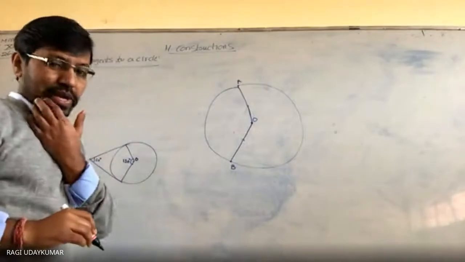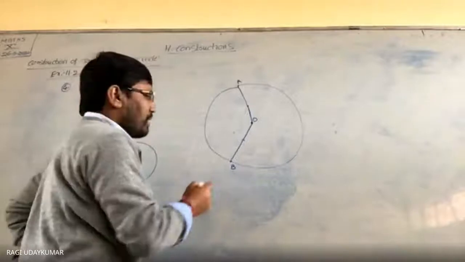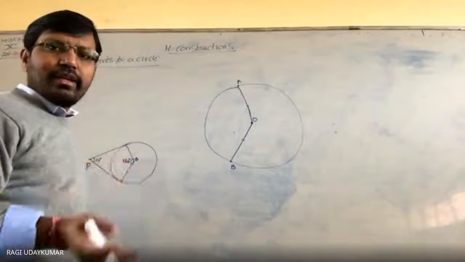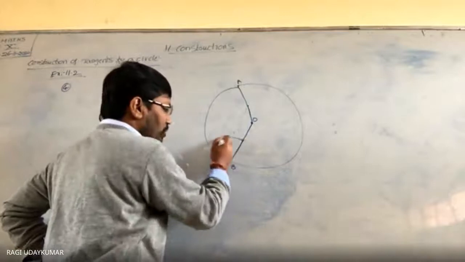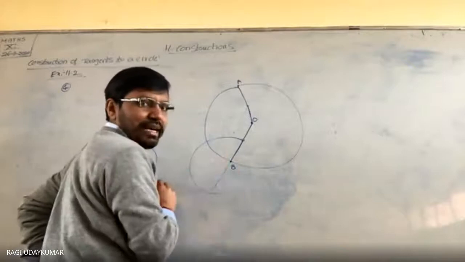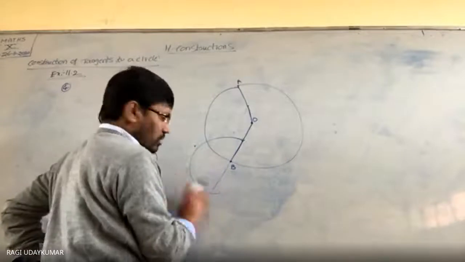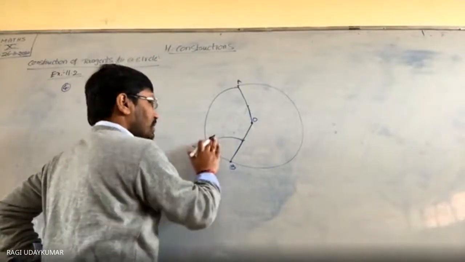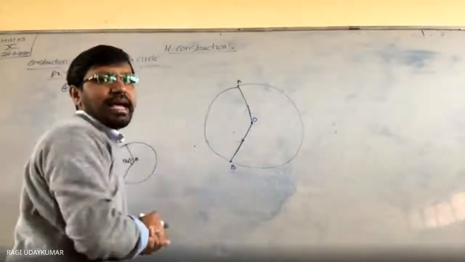Now what to do? You have to draw a perpendicular line to these two tangents. ये दोनों को perpendicular line draw करना है. So it is not given that only this method you use. Perpendicular line can be drawn in different methods. इसका perpendicular line draw करना है तो again you take the protractor like this. Place the protractor like this. Center पे place करना है and this line should be on this. 90 degrees किधर होगा उधर मार्क कर लो. इसको मिटा दो. Means you are not supposed to draw like this. This is I am showing to you to place the protractor. Protractor को आप place करने के बाद ऐसा दिखता है.